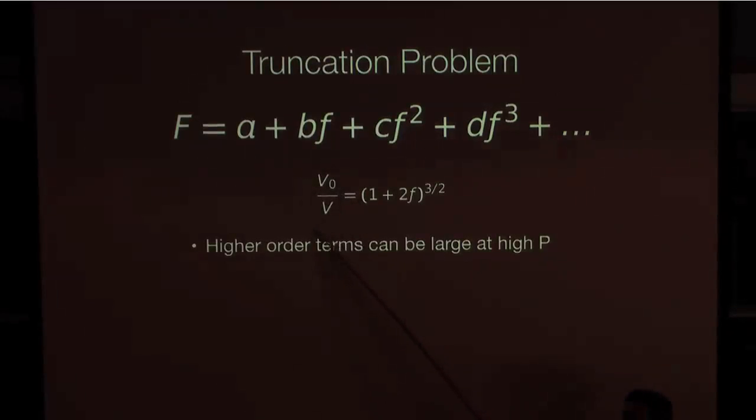With the increase of pressure this becomes large, which means that little f will be large too. So instead of the higher order terms getting smaller and smaller with pressure, in fact they become larger and larger. That makes extrapolation of your equation of state beyond the point where you have data